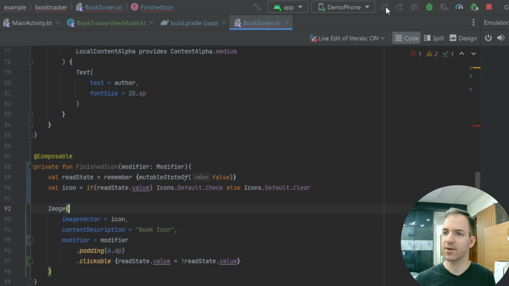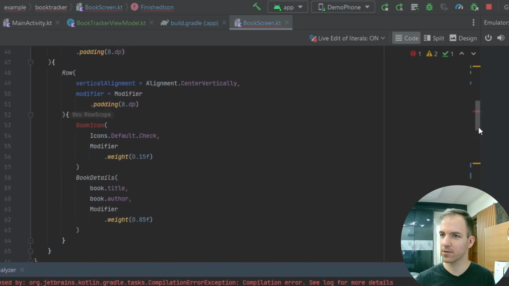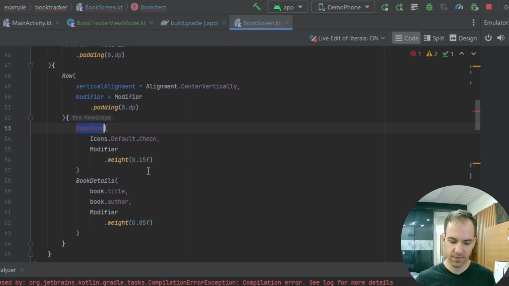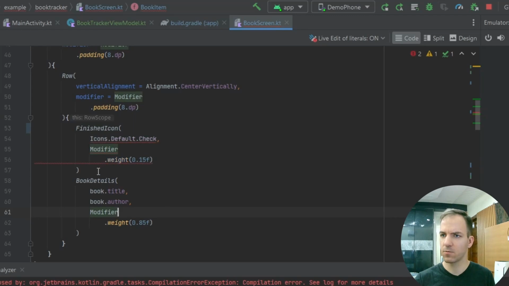So if I take this and I run it on my app now, oh, actually, it's not going to work because I renamed that function. So if I change this and rename it to finished icon,